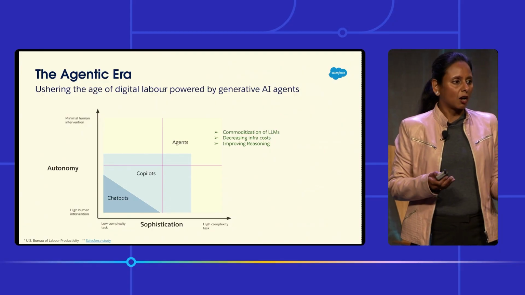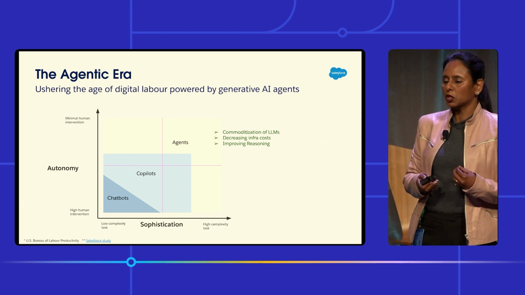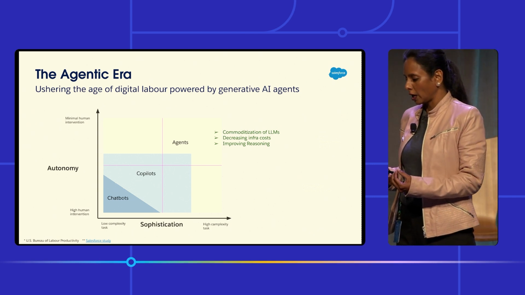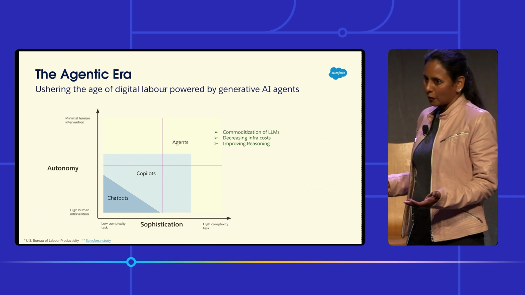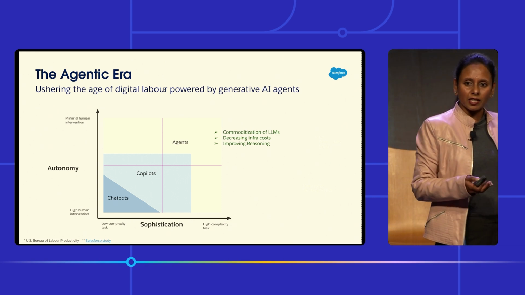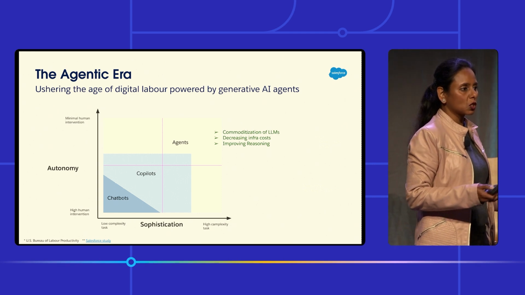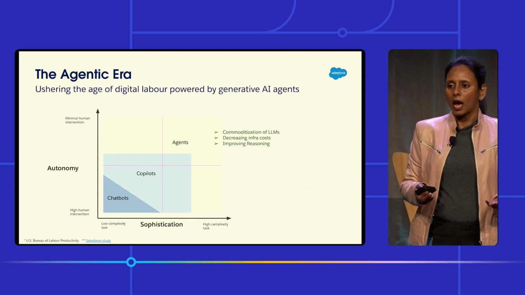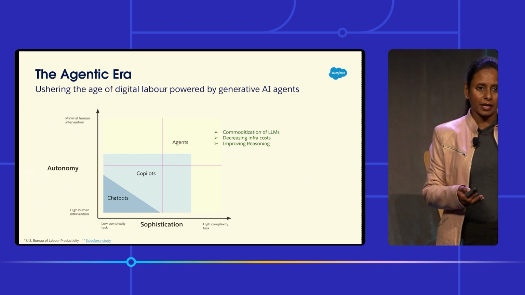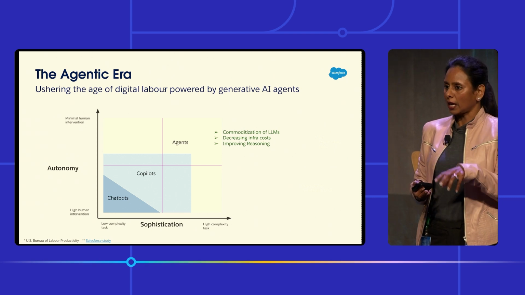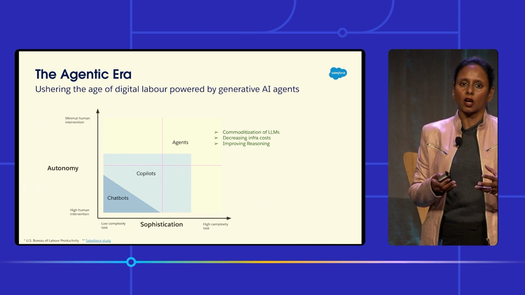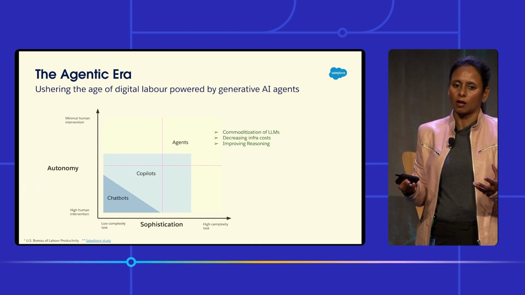Now, chatbots have been around for quite some time, and they have been used with mixed success in the customer service domain. Yes, they can help with the automation of simple tasks, but they often break down and hence are considered rigid. Then with the Gen AI revolution that started in early 2023, we saw a rise of copilots. These copilots were much better than chatbots because they could understand natural language better. While they overcame the natural language communication barrier, they were still somewhat limited in the complexity and sophistication of tasks they could undertake.